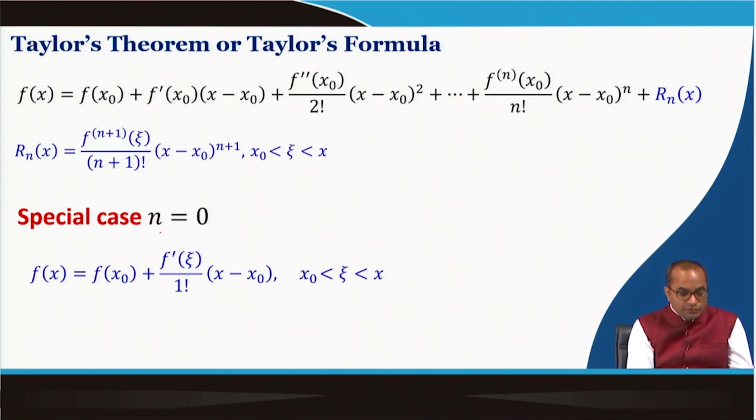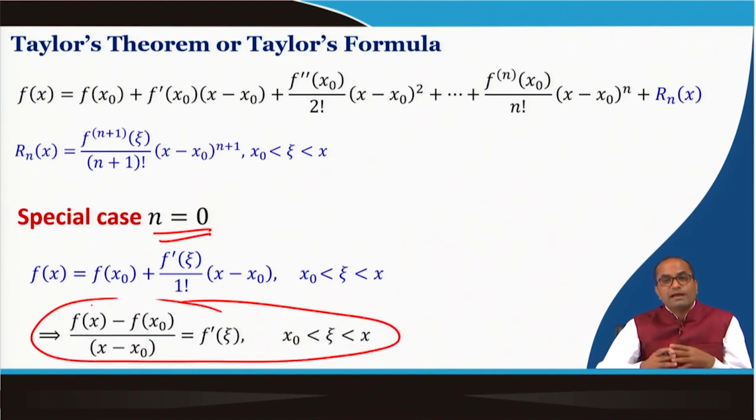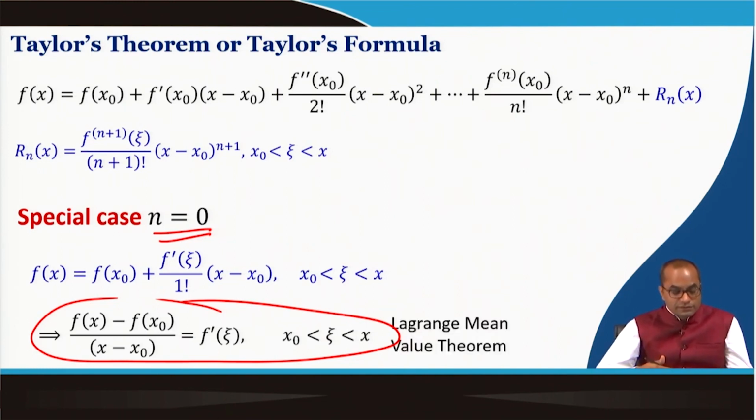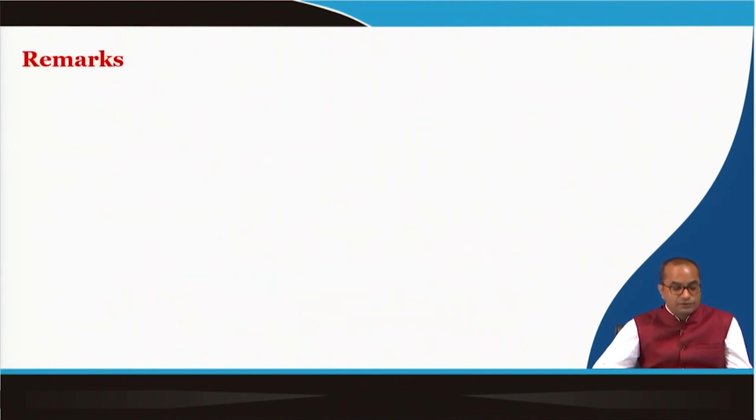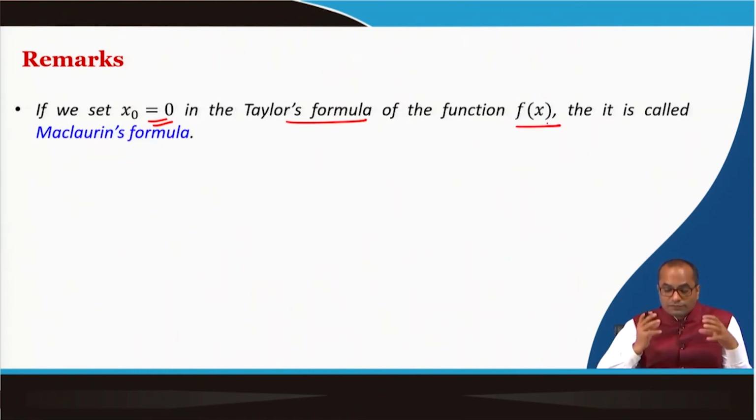So here, getting back to the special case n is equal to 0, what we realize now is that this is nothing but the Lagrange mean value theorem, which we have already studied. So as a special case, when n is 0, this Taylor's formula reduces to the Lagrange mean value theorem. One remark: if we set x not equal to 0 in this Taylor's formula of this function f(x),